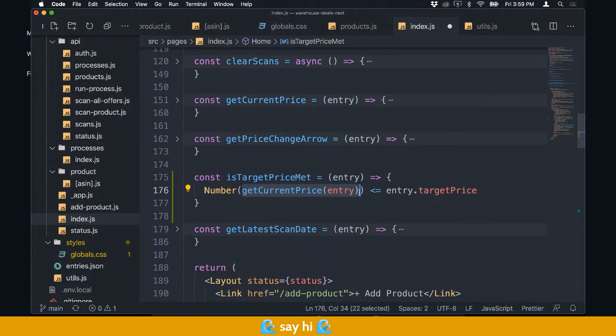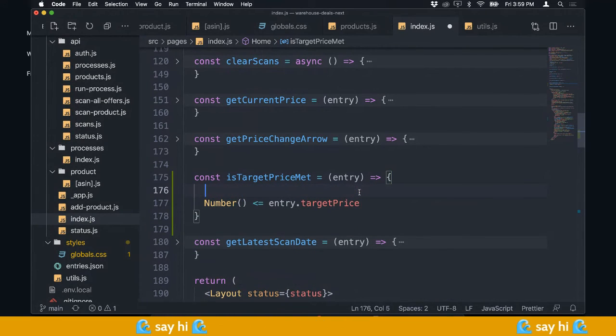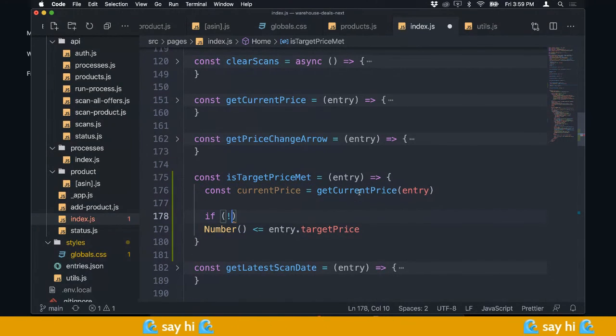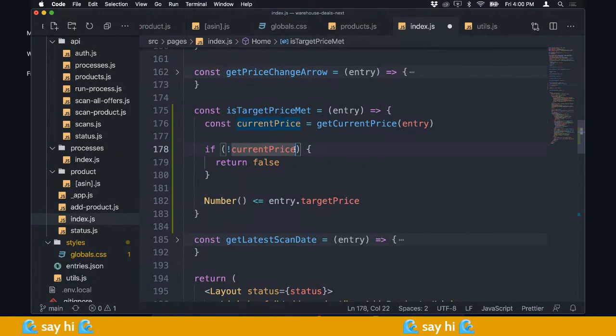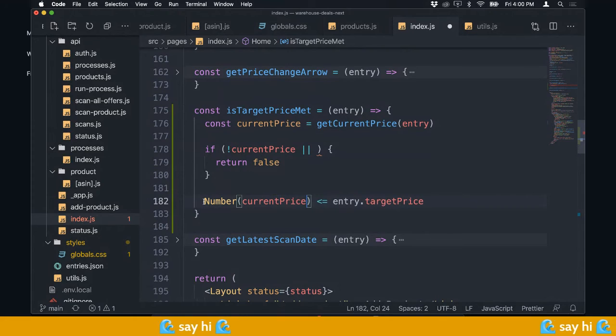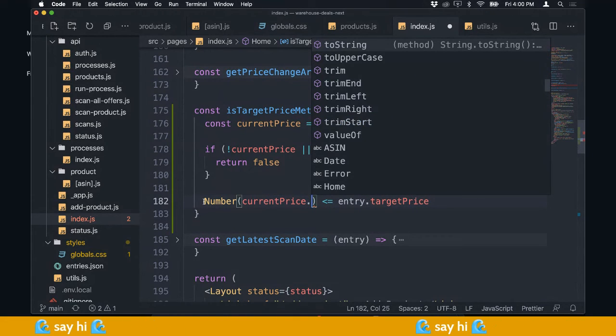And I'm gonna do this. I'm gonna say current price equals. If there is no current price, return false. If there's no current price or current price dot